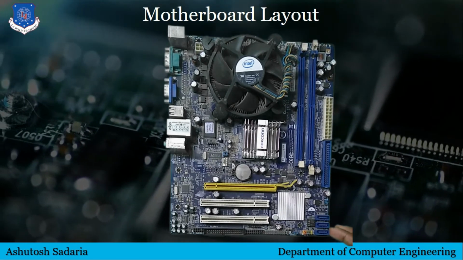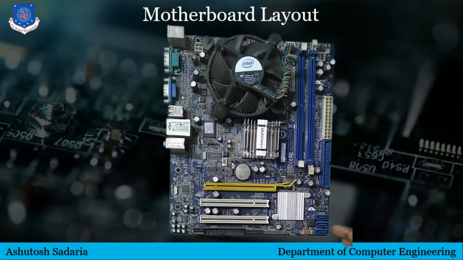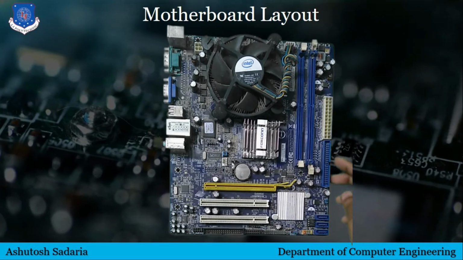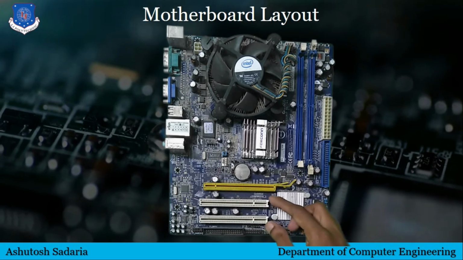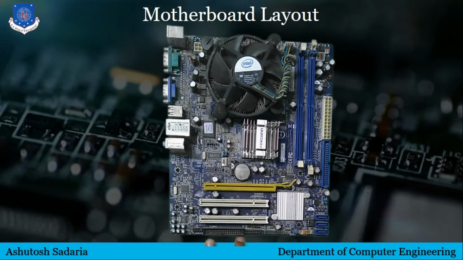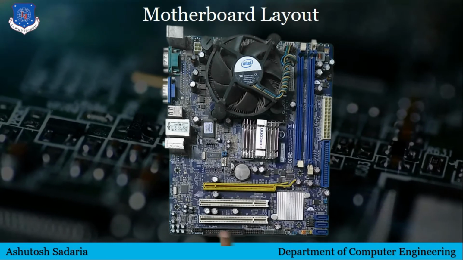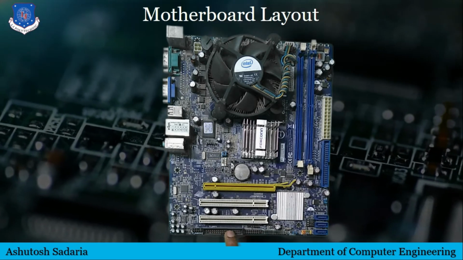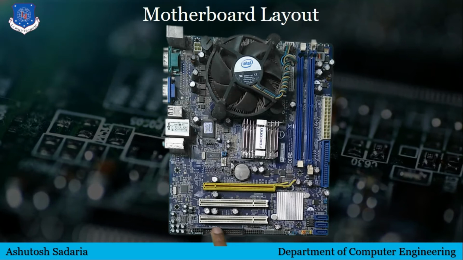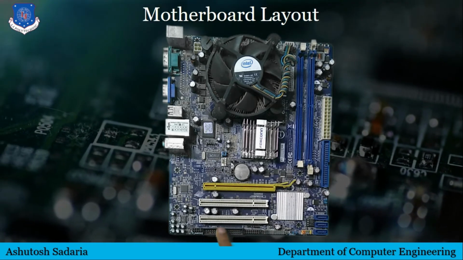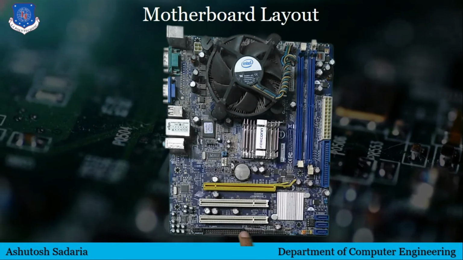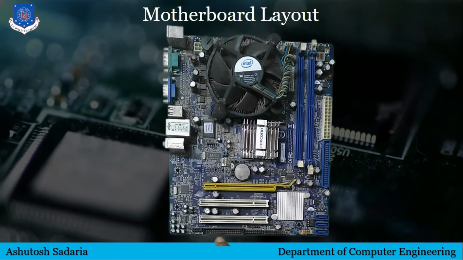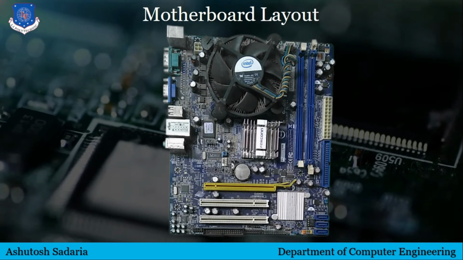These are SATA connectors. On those connectors you can connect a SATA based hard disk. This is for IDE based hard disk and this is for SATA based hard disk. And this is the PCI bus. In the black connector you can connect floppy disk drives. Nowadays most PCs don't have a floppy disk drive, but motherboard manufacturers still provide this slot to connect a floppy disk drive if the need arises.